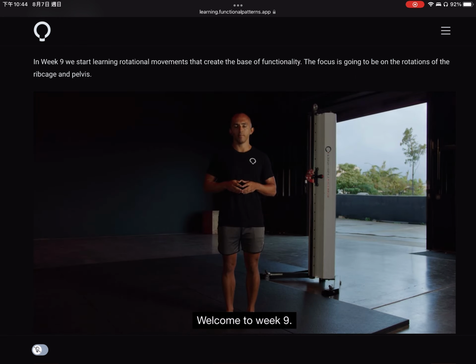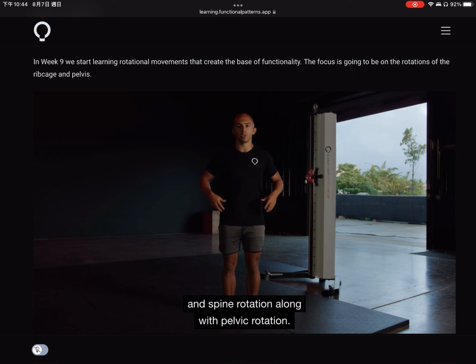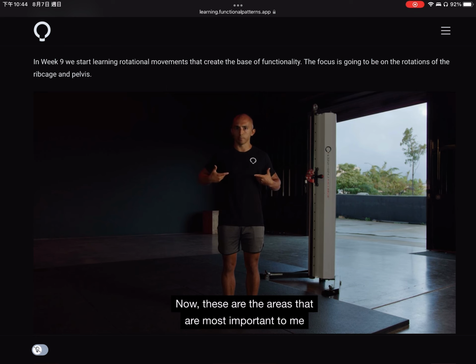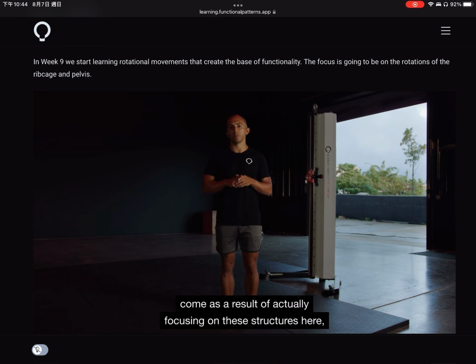Welcome to week 9. For this week, we're going to be covering rotational components to training, specifically orienting ourselves around rib and spine rotation, along with pelvic rotation. Now, these are the areas that are most important to me when it comes to movement. Most of the results that we get at Functional Patterns come as a result of actually focusing on these structures